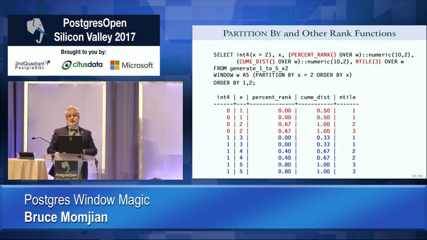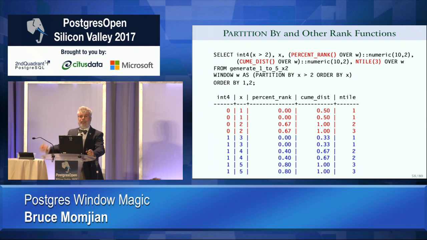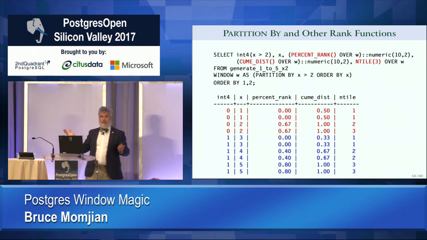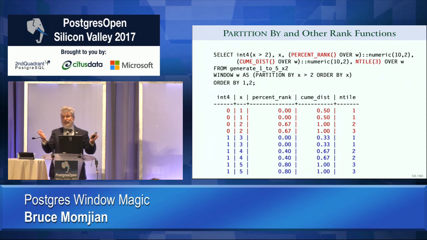Yeah, let me take a question. Yes, sir. So in all the examples, the rows are partitioned by x greater than 2. It could be anything. I just threw that in there. Yeah, it could be ordered by anything. I don't have to make it ordered by x. And I have some examples later that actually change that. You'll see later on.